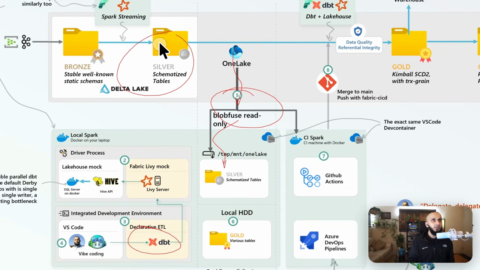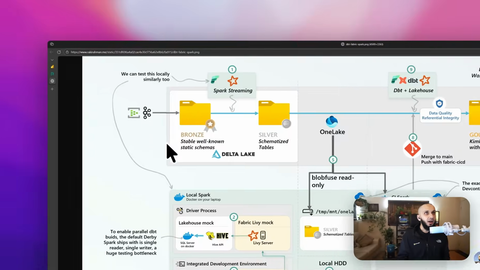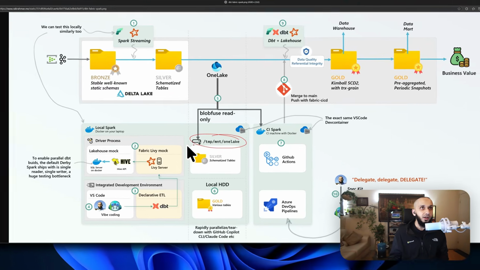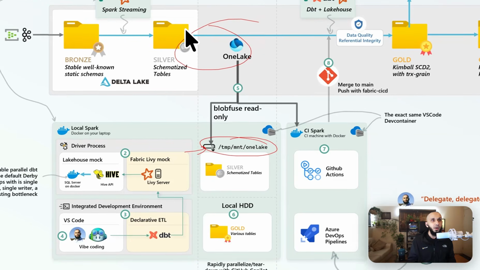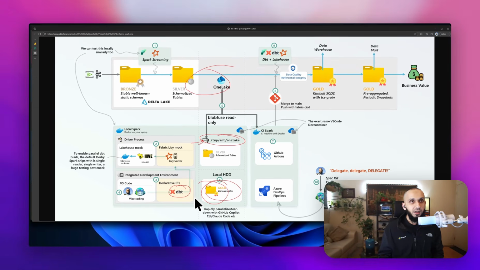So essentially, we're going to be mounting these production silver tables that we saw in the Fabric workspace into our TMP folder as a read-only mount. As far as Spark is concerned, it's going to seem as if you have a local Delta table, but in reality, it's being backed by OneLake. So it's pretty cool. And then we're just going to be running the dbt run command, which I think most of us are familiar with. And then it's going to go ahead and rip through the model